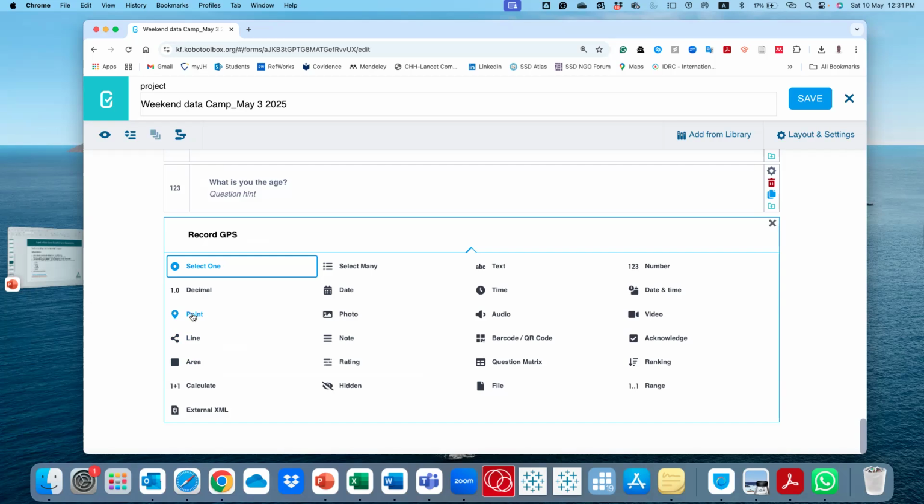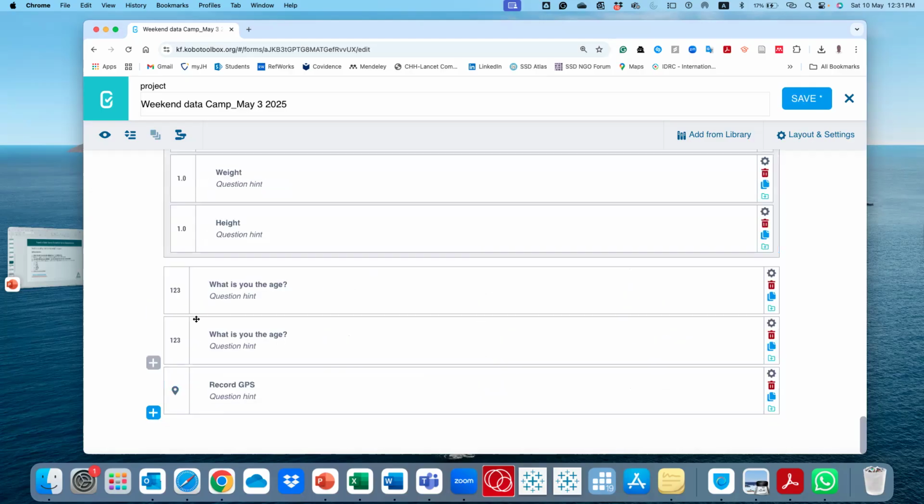You don't need to know the whole area of the household, something like that. So in most cases, you just use this point. Okay, and that's it. Usually when you go to the data collection, it shows you how to, you shall see that later. How then do you collect data on GPS?